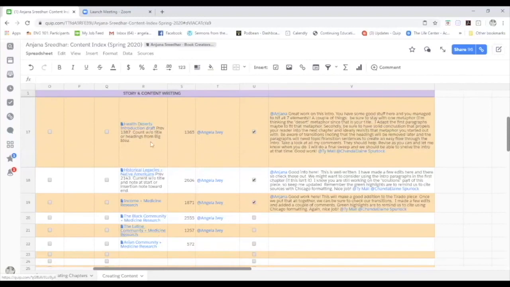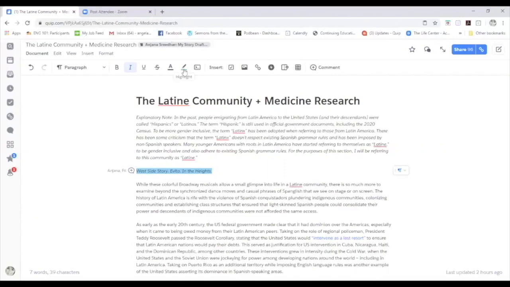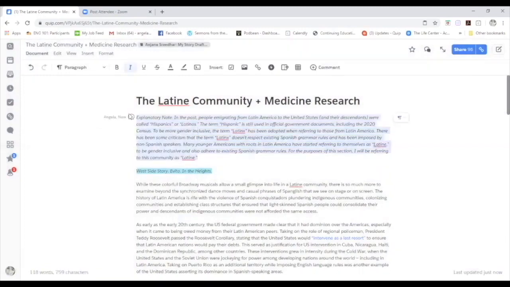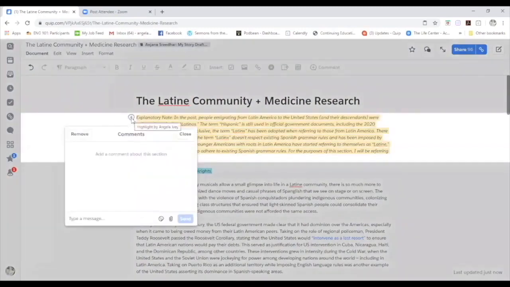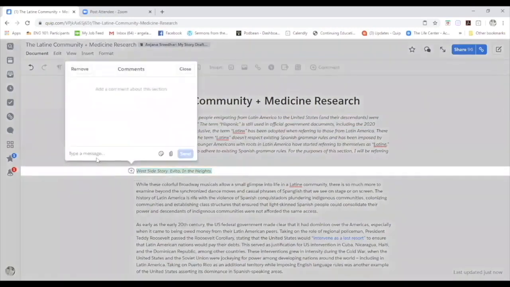So as you can see, these are some of the ones that we've already talked about, but let's take a look. You'll see your tag, that's going to pop up in your notification. But if you do not click a highlight color, it's going to give you this peachy color, like this one. And I don't like that. I mean, that's the default kind of highlight, but we're not going to do that. So I'm going to highlight this because I think she did a great job, and I'm going to say, love this. A great way to start,